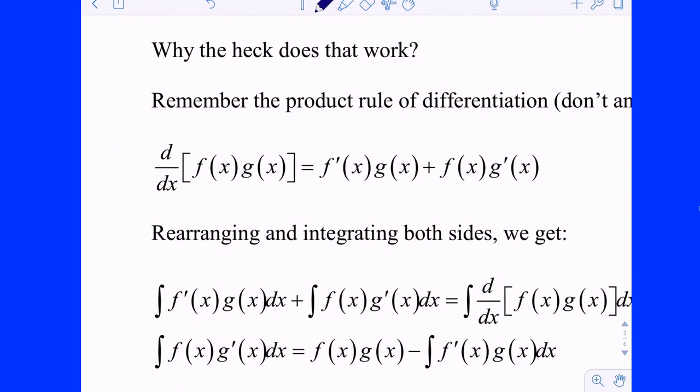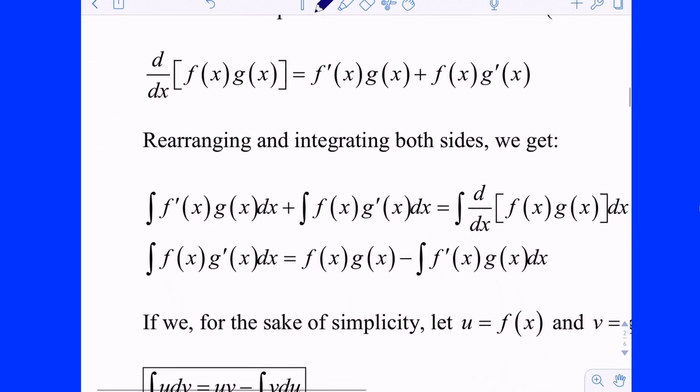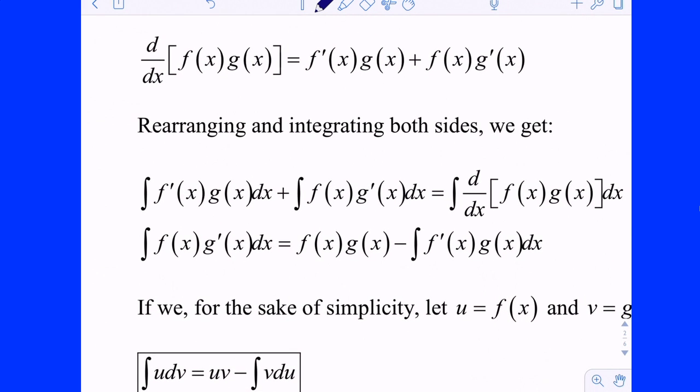If you notice, when we took the derivative to check, we did the product rule, right? It comes from the product rule, essentially. If I were to take the derivative of f times g, of course, it would be f prime g plus f g prime. F prime g plus f g prime. With a little clever rearrangement,